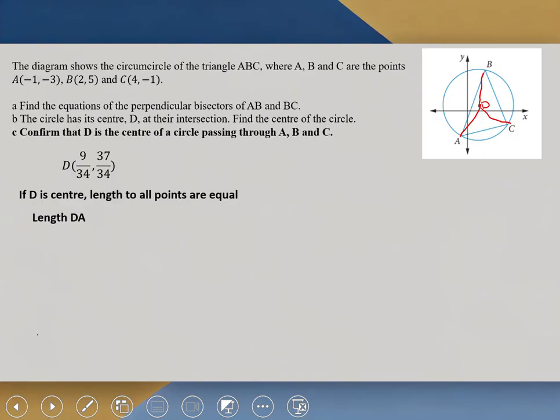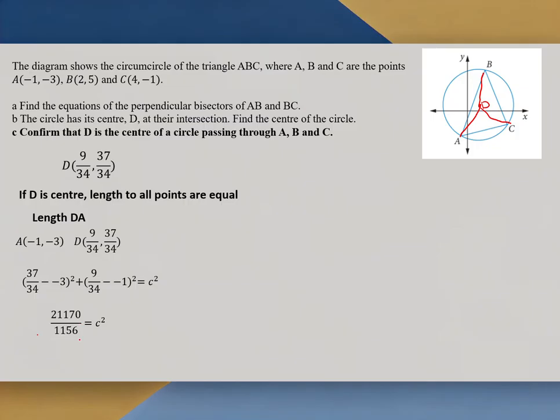So first, let's look at the length of DA. To find the length of DA, I'm going to use Pythagoras' theorem, which means I've got A and I've got my D value. I plug them into Pythagoras' theorem, so x2 minus x1 squared plus y2 minus y1 squared is equal to c squared. I simplify it down to get c squared, so I've got 21,170 over 1,156 is equal to c squared. And finally, I square root it and I get